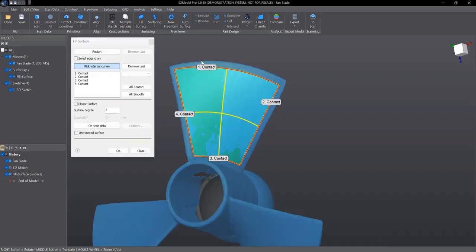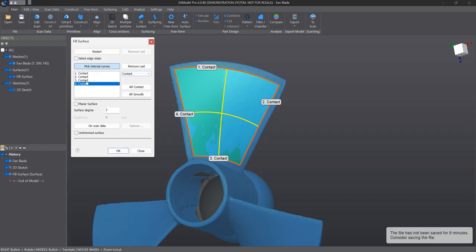There are other cases. For example, if you're making two connecting surfaces using the fill surface function, you will see that you can actually change the condition of each edge from contact to smooth. What it does is that if you choose smooth, it will actually make the two surfaces which are connected on this boundary having the more smooth, how to say, continuous rate. So the two surfaces that you created will be continuous and you will have less roll